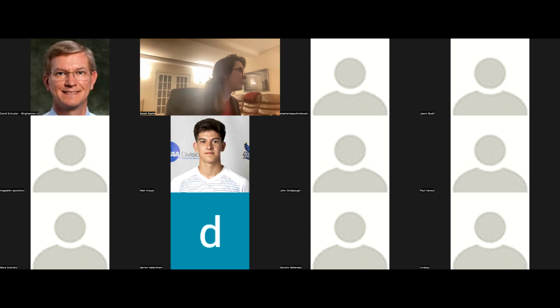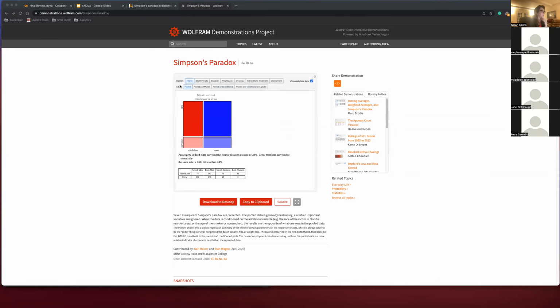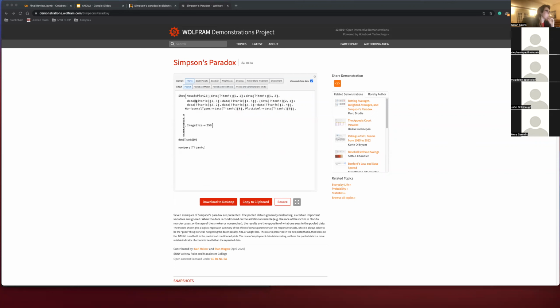So let me just grab this. Oh, this is the one I wanted. So really, it's very high level. You don't need to necessarily worry about the details. This is just a really nice demonstration from Wolfram Alpha that shows